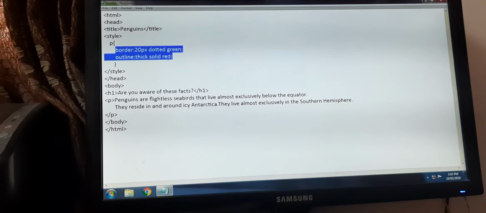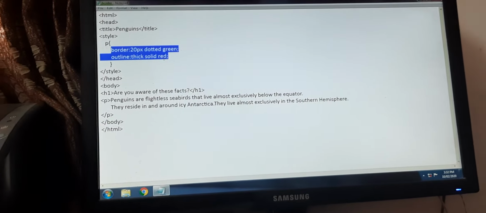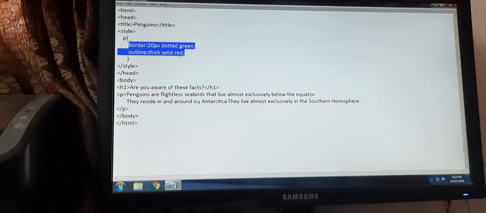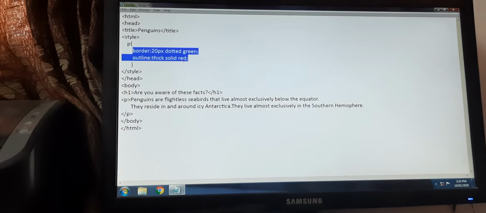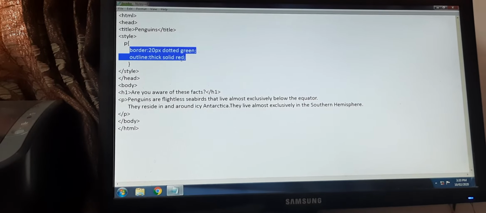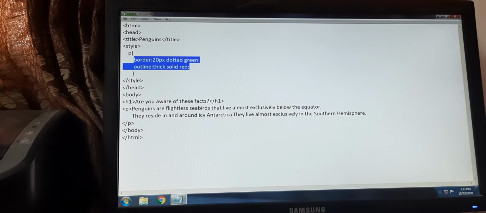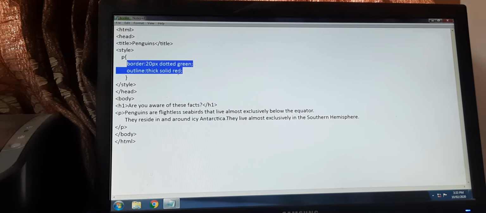There are a few properties of border: the border width, border style, border color, and border individual sides. So these are the 4 properties that border can have. There are 3 outline properties: the outline width, outline style, and outline color.